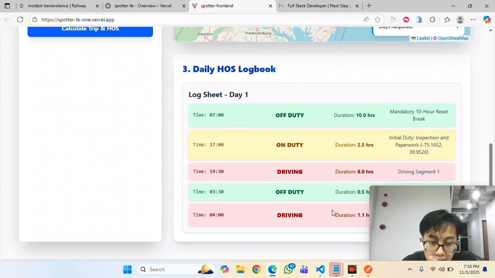Okay, this concludes the technical walkthrough of the full stack trip planner application. I hope the presentation clearly demonstrated the functional accuracy of the hours of service logic and the modularity of both the Django API and the React frontend. To be fully transparent about the assessment process, I dedicated approximately 10 hours over 2 days to completing this project.